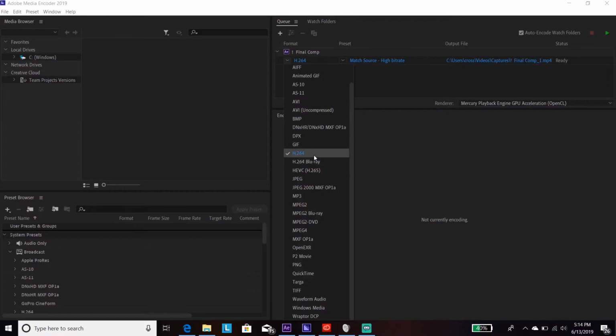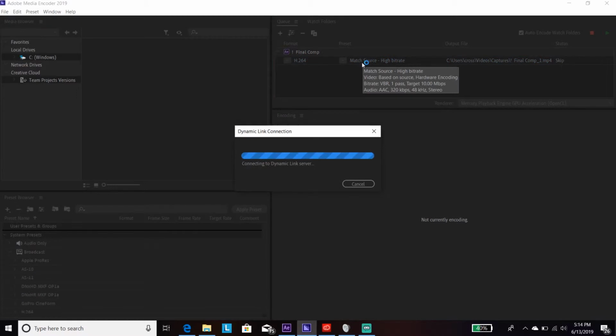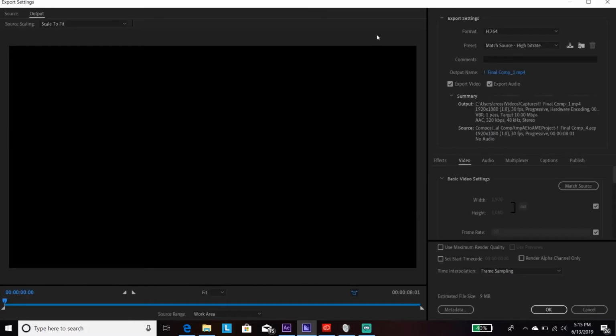H.264, which in other words is just a way of saying MP4. You can also say, well, just choose H.264. That's the best way to use it. And then when you hit match source, what this is gonna do is should give you the option on what you want to render it out as, and mine is just taking a minute. Okay, so mine took a bit of time, but when you click match source high bitrate, this window will pop up,